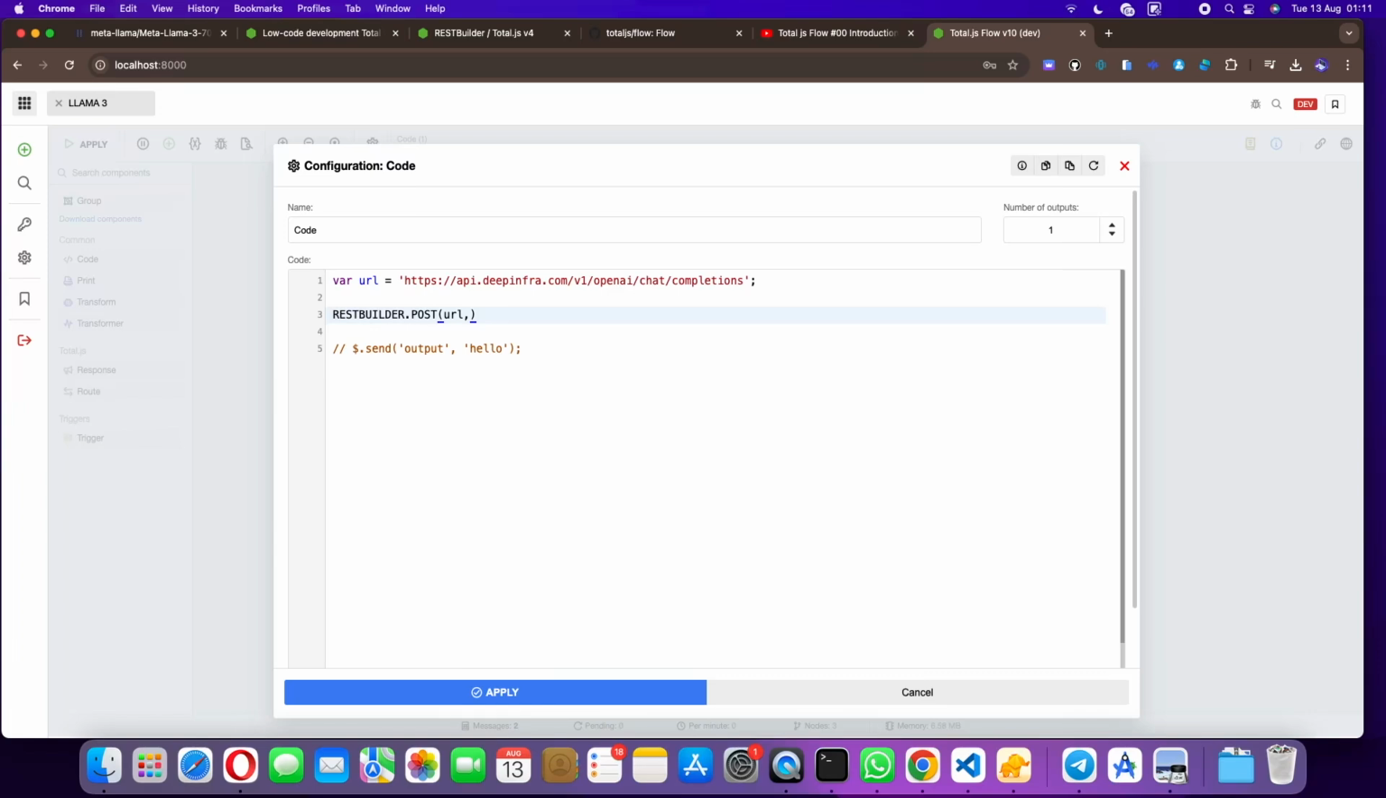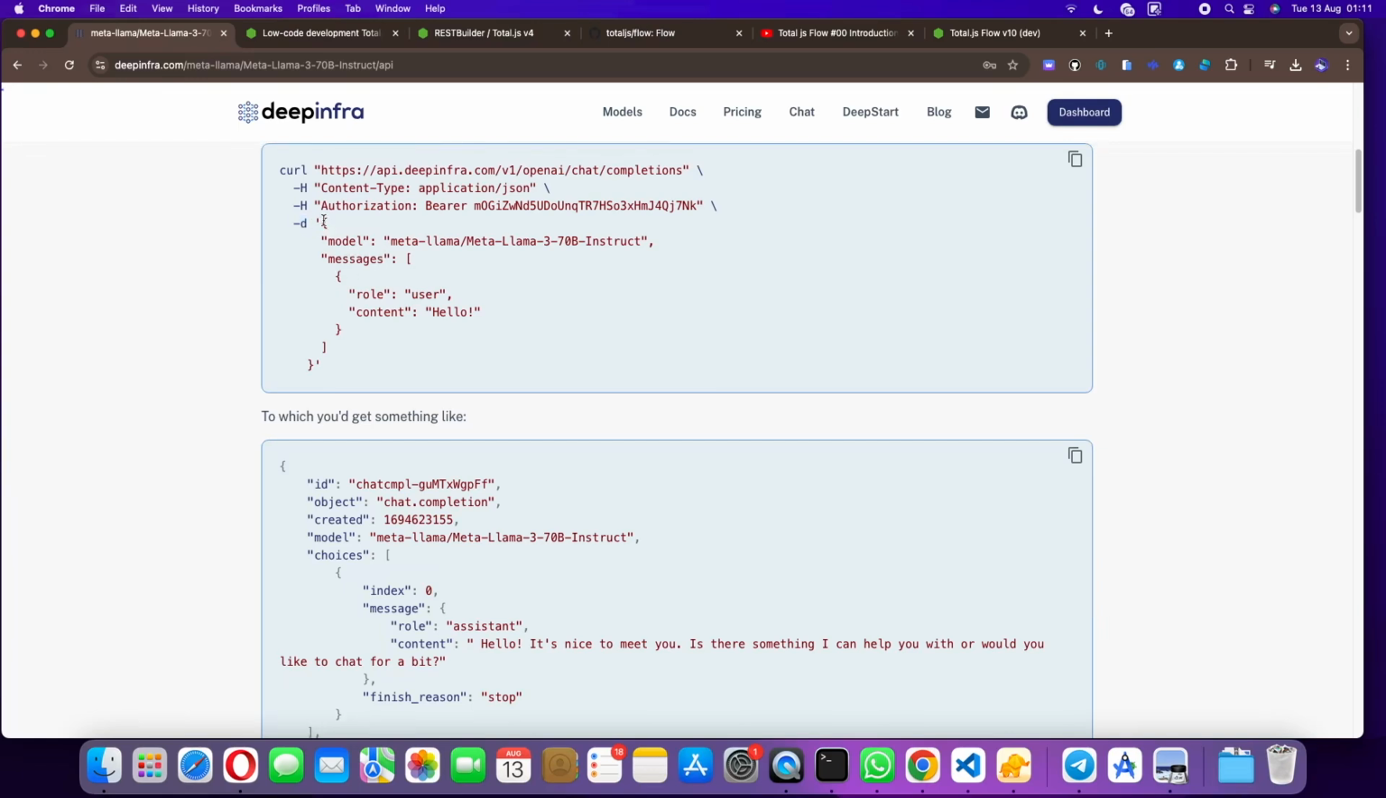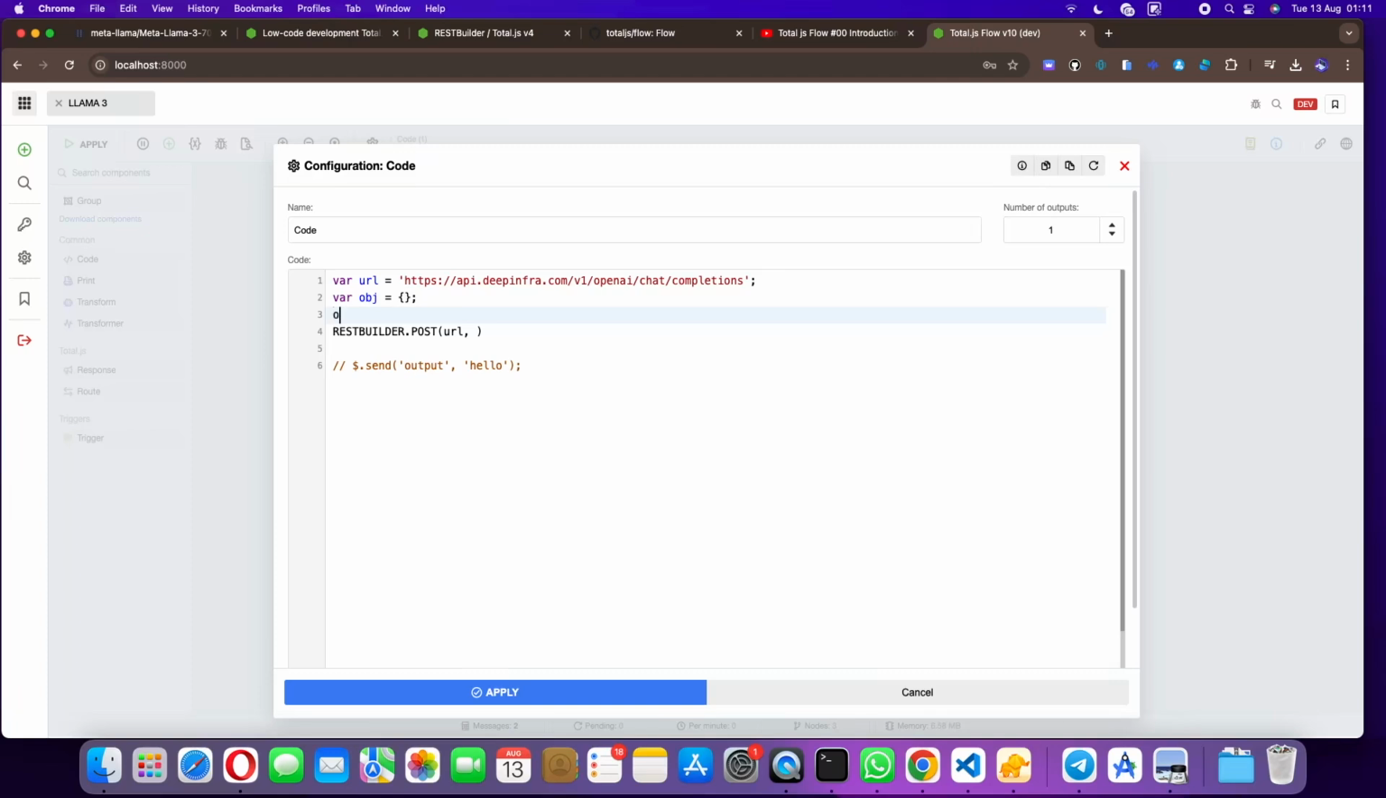After you put this, you need to put the payload, and for the payload I'm going to make an object. Okay, get back here to learn how to use it. The payload is gonna be an object with the model you need to use. Let me copy the model name here. So object.model is going to be, okay, Llama 3 from Meta, and